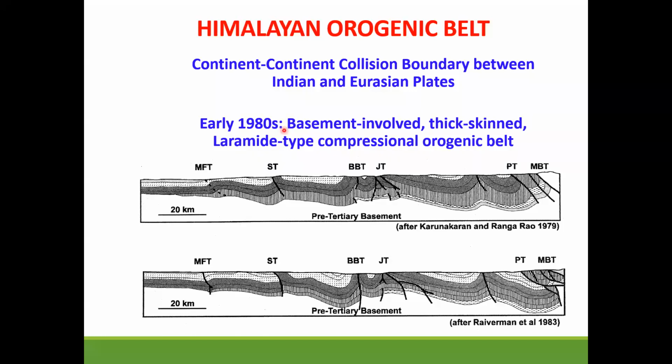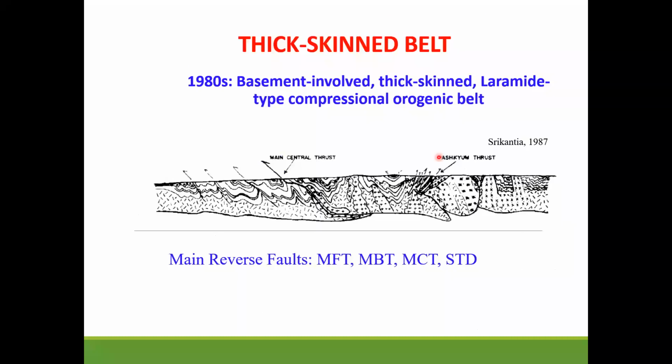So when I actually came back from the US, I found that most of the people who were actually working on Himalayan geology actually had this idea that Himalaya worked similar to the Laramide type orogenic belt or the mountain. So also, in the late 80s, this kind of continued. There were ideas. So you had main central thrust, you have the suture, and then you had several thrusts, okay, which we actually recognize even here.